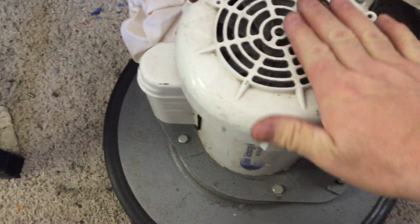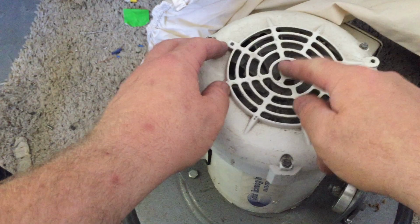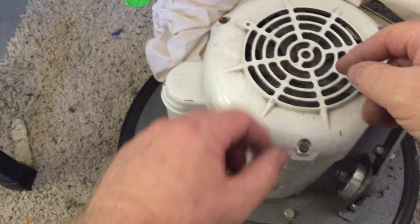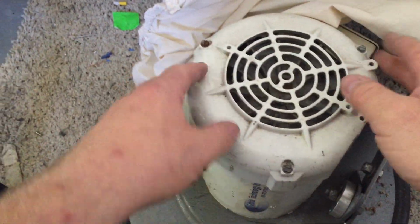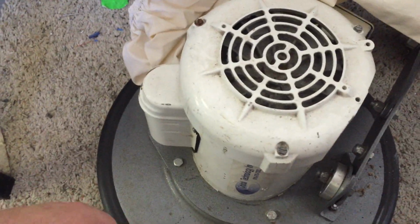Make sure you keep these clean up on top, and once in a while you want to pop this off and clean the fan blades in here, because they'll get gummed up and it'll stop blowing the air as readily as it should. So I would recommend you do that. Make sure you take care of your machines, and they'll keep you earning your money, and